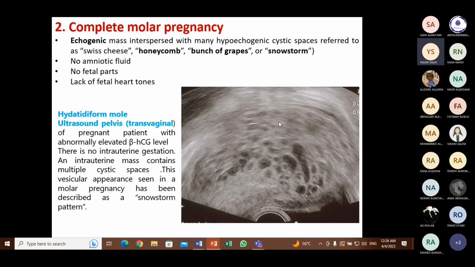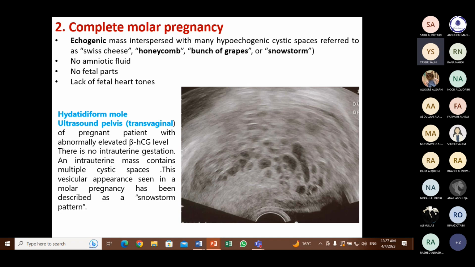This is a hydatidiform mole demonstrated by this transvaginal ultrasound. You can see this patient presents with amenorrhea, as if she is pregnant. But when we do the ultrasound there is no fetal part and there is a cystic mass with cystic lesions. This cystic lesion with this characteristic appearance they call snowstorm pattern is highly suggestive of complete molar